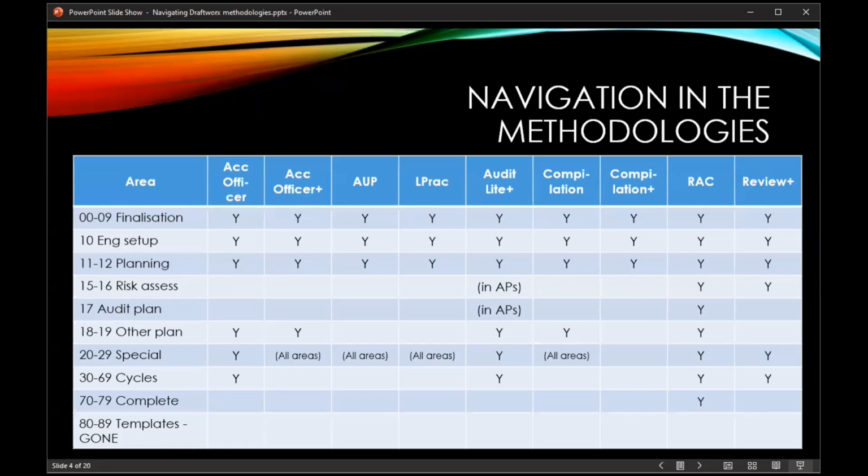The only way you're going to identify risks is if you know the business. Now, 15 and 16 and 17 are very specific to RAC. We've got a very detailed risk assessment, 1505 and 1605, and then an audit plan in 1705 that is RAC specific. Now with review, we've also now got something sitting in the risk assessment section, but it is focusing again,